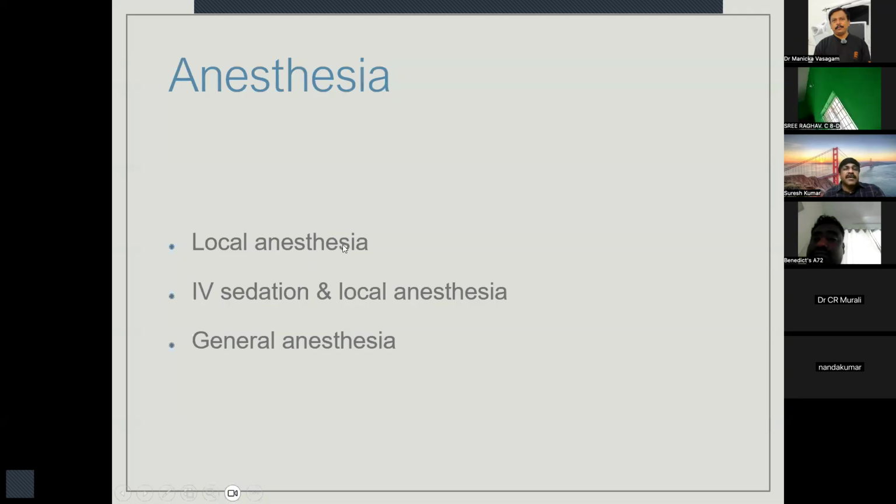Local anesthesia, if I see only one tooth has to be removed, that also is very easy. I prefer local anesthesia. Sometimes it's a more difficult case, going to take more time, and simultaneously, if I am planning to remove both the wisdom teeth, or if I find the patient to be very anxious, I will prefer to do it under IV sedation.